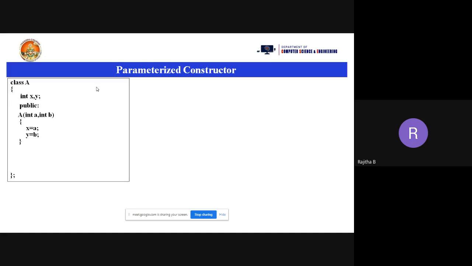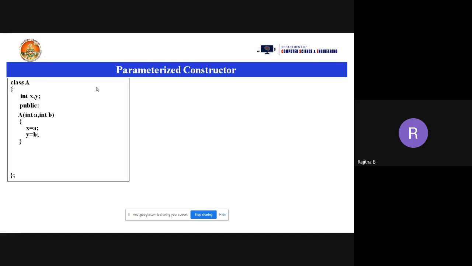What are the properties of a constructor? Can anyone tell me? Public section, yes, we have to declare the constructor in the public section. Also, they don't have any return type.